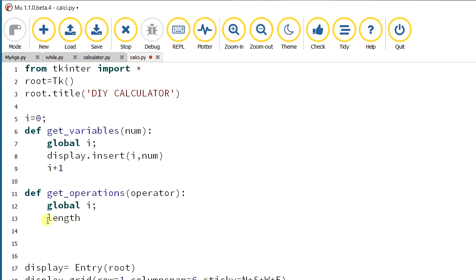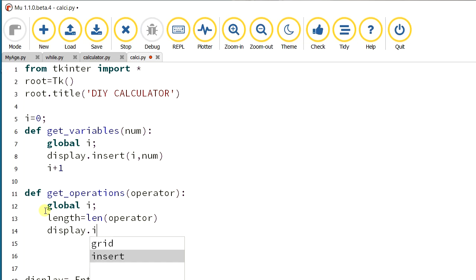Within a bracket, one operation will be finished, plus, then another operation, minus, and after that we join those operations and finish. For that we use length equal to len of operator, and then we display them: insert of i comma operator.